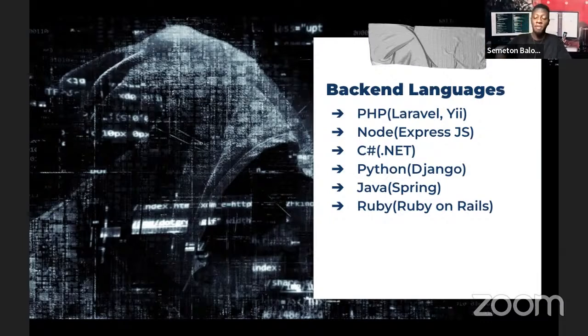Django is like a standalone backend framework to write your backend logic, essentially. It also uses Postgres and some other SQL databases. Java and Spring, Ruby on Rails. So these are the languages that you have to learn if you want to write server-side scripting. You have to pick one and learn it, and most of the time they all work around the same logic. You have to learn object-oriented programming and how to use it to build